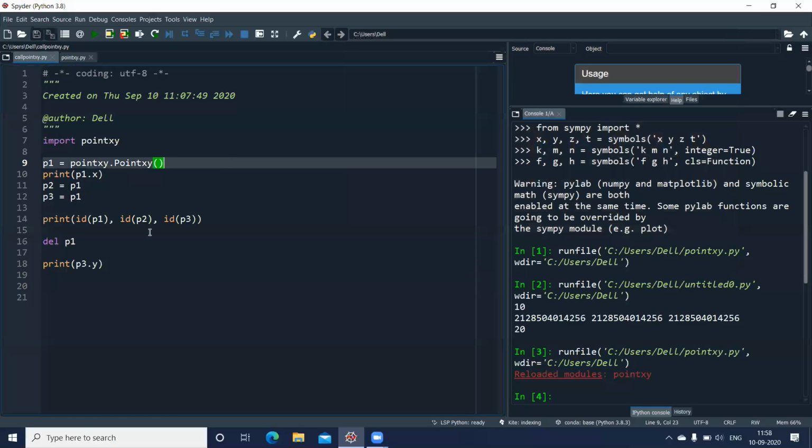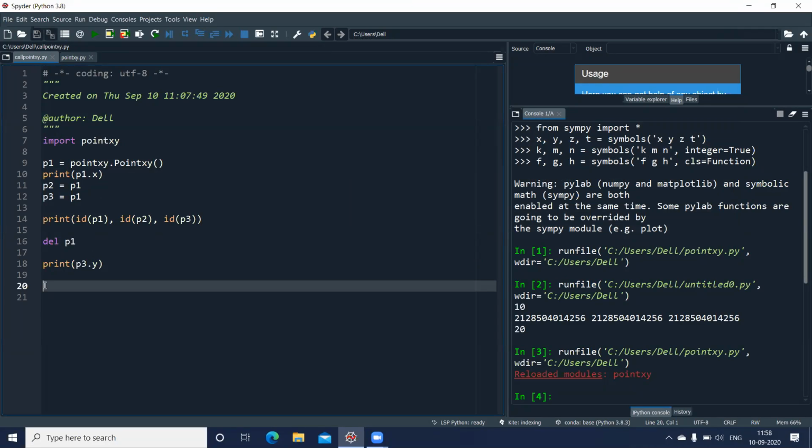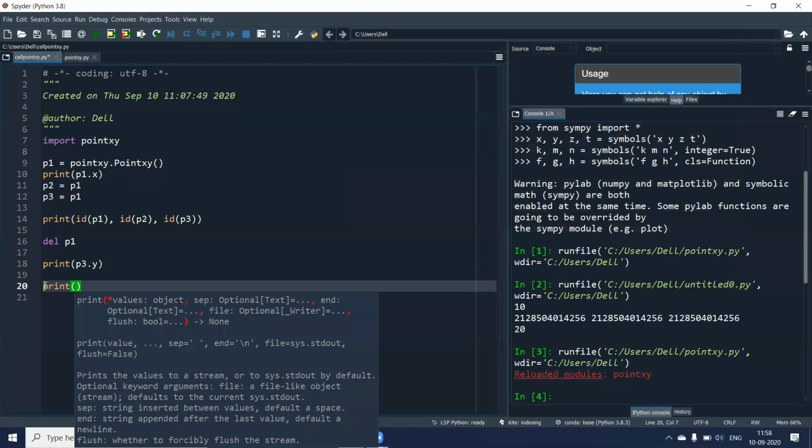Save this. Now after the print statement, let me give one more print command here, and I want to display the documentation part of the class Point.xy. So I can write Point.xy dot.